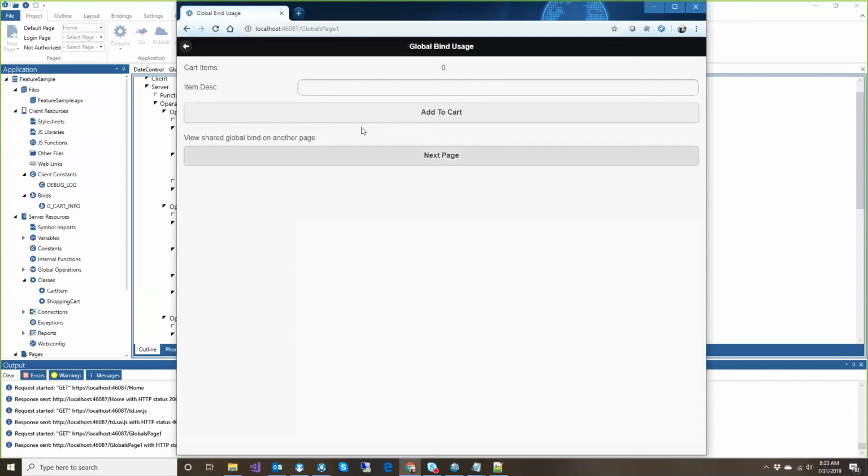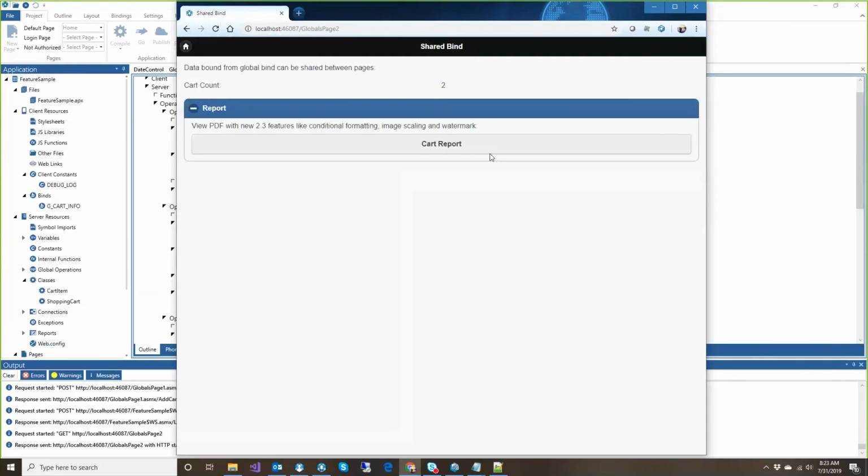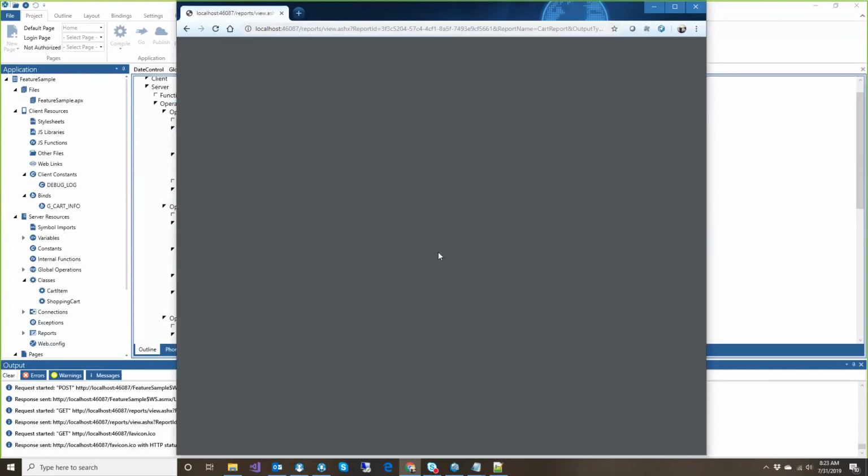In this example, I'm just showing how to use a global bind to accumulate some items in a shopping cart. And if I go to the next page, I'm reusing that same global bind to access the cart, and I don't have to do any of this by passing page parameters or go back to the server to load that information. It's just shared between pages, and I can pass that cart information to the report I just showed you